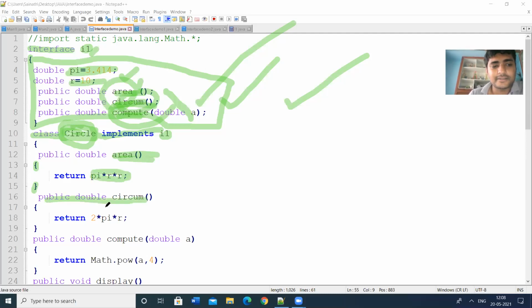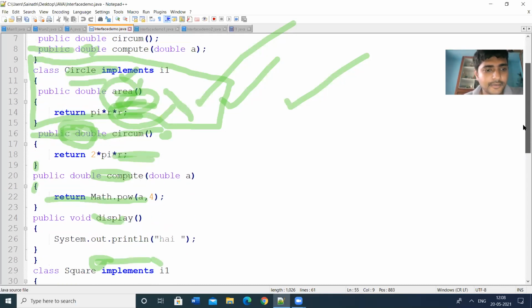Then I am defining another method, circumference, which is 2 pi r. I am returning the values. Then I am defining the method compute. Here I am computing a power 4, using the Math class and the pow method. POW is the method name, a power 4. So I am calculating these things.